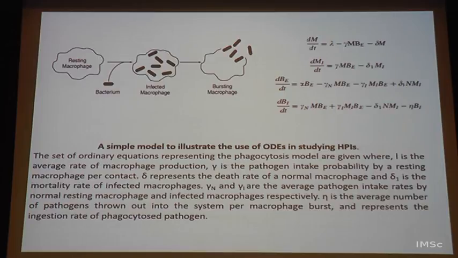Again, for an infection situation, you have something like this. You have a resting macrophage, and you have an infected macrophage when it encounters a bacterium. An infected macrophage can get further infected with another bacterium when it encounters one. And there is a maximal carrying capacity C that we use, so the number of bacteria within a macrophage must be within that limit.